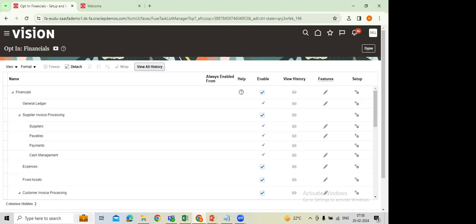In any medium to large scale implementation, you will have dedicated full-time resources for each of these sub modules, like AR, AP, fixed assets, GL. There will be dedicated agile teams. Exactly. If you work on one huge project for 3 years, you will not get a chance to learn all 5 financial modules. You support either 2 modules or maybe 3 modules.